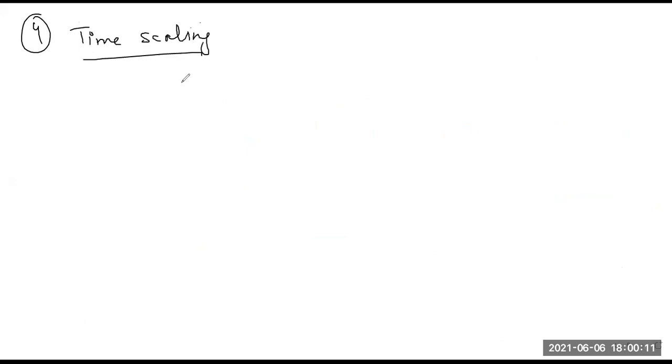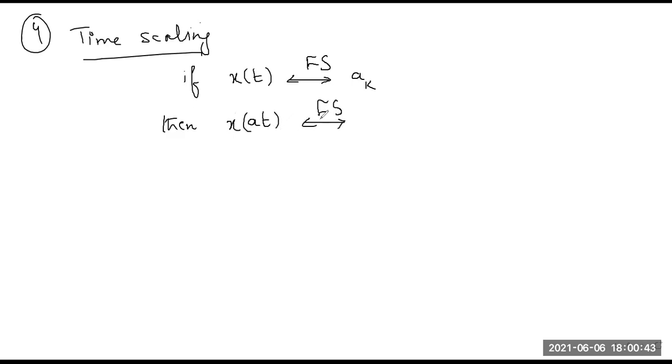Time scaling. So given a signal which is periodic with fundamental period capital T, and its Fourier series pair, or Fourier series coefficient, is ak. Then if we apply a time scaling operation to this signal, x of at, so the Fourier series pair for this new signal, which is the time scaled version of the original signal,